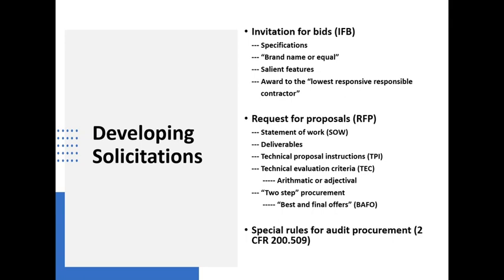Now, there are some special rules related to audit procurement. They're contained in 2 CFR 200.509. What I think is important about that is twofold. One is it shows just how concerned the federal government is that you engage an auditor who's going to be independent and capable of doing the audit. The other thing is that it actually goes into some detail about the kinds of evaluation criteria